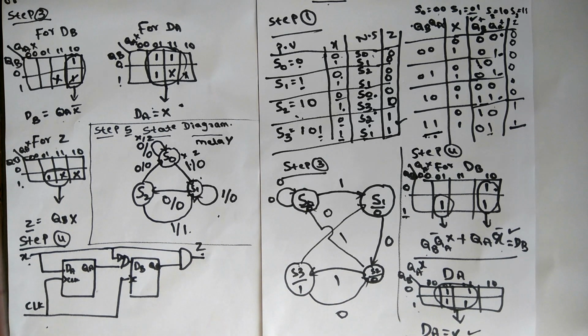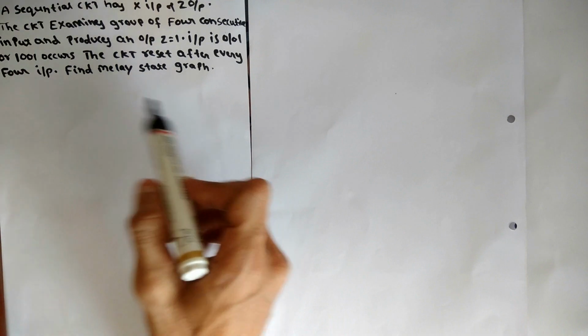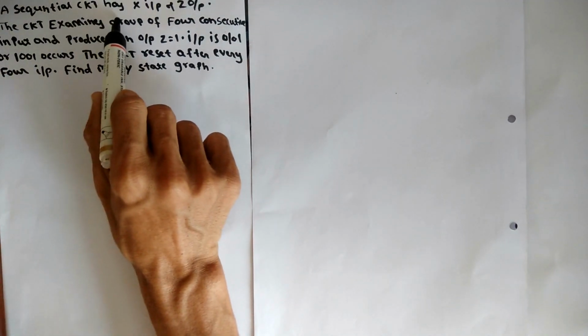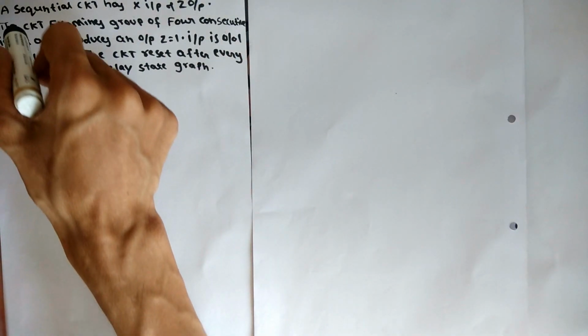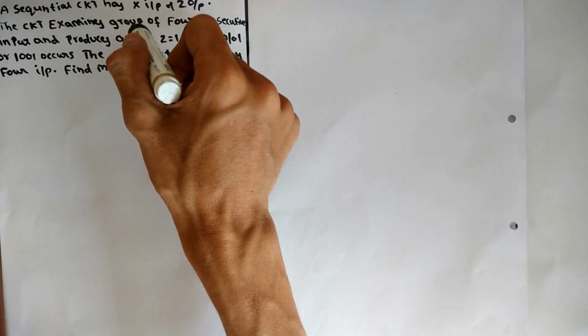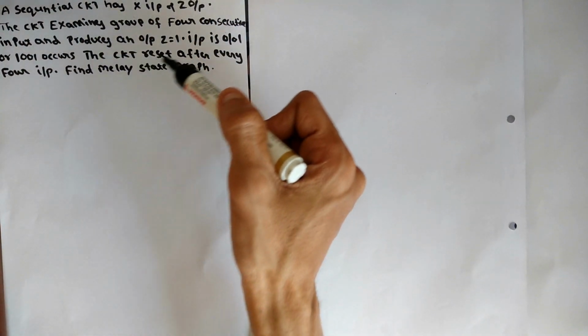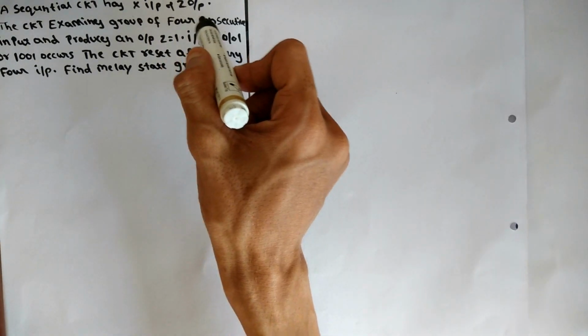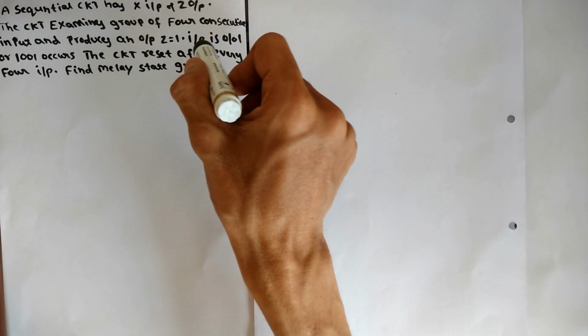So this is how a sequence detector using Moore can be done. Next, we will take an example for a MEALY state diagram. A sequential circuit has X input and Z output. This is the same as the previous one. The circuit examines groups of 4 consecutive inputs and produces an output Z equal to 1. Previously we took 3 consecutive inputs, now it is 4 consecutive, and the output is Z equal to 1 if